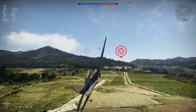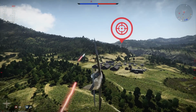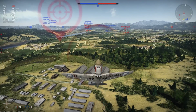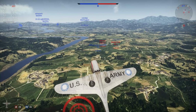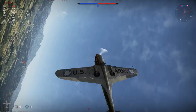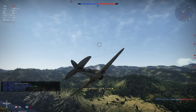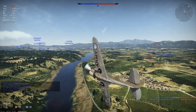P-40s over China, most of them were lost to ground fire. The Ki-43s eventually adopted a doctrine that said, don't get involved in air-to-air combat. When the P-40E got over there, or the later models, the Hayabusa was completely outclassed. It didn't have the armor. It was basically two machine guns. Didn't have any armor, no self-sealing fuel tanks, so it was kind of suicidal. So it was kind of just escort their bombers and get out of the way, because new airplanes were not coming for them. And the other problem is that the Japanese army, the actual ground forces, were actually prevailing against